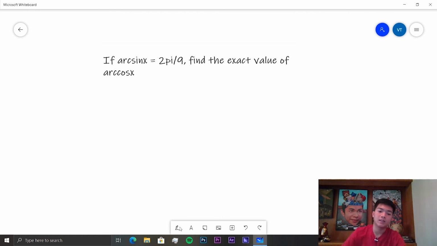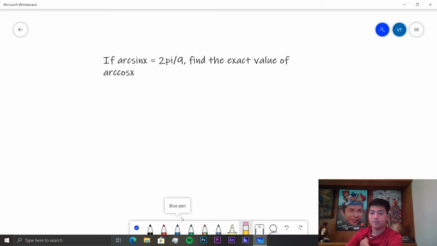Okay. Arc sine x is equal to 2 pi over 9. So x equals sine 2 pi over 9 is what they're saying. Okay, well, there are multiple values, but what we need to remember is that